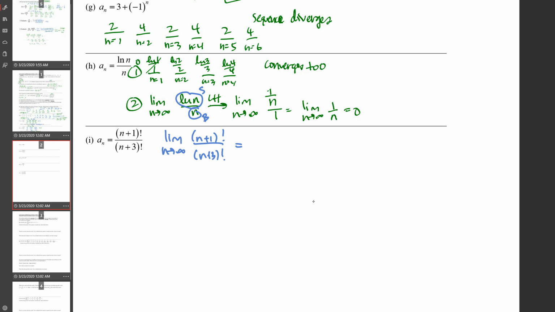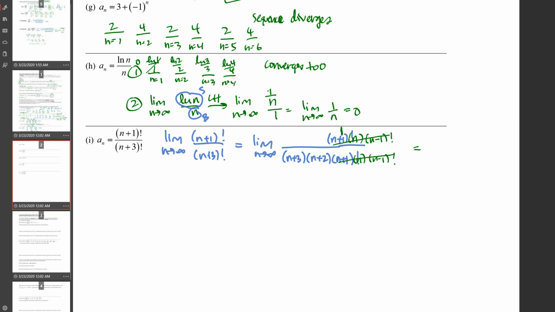So what I want to do is actually simplify here. Remember, I know that n plus 3 factorial is actually n plus 3 times n plus 2, subtract 1 from this, and what's going to happen is this is going to match up with the top here, n plus 1 factorial. If you wanted to write out more, you could see that the next term here would be n, the next term here would be n minus 1. You could write out more terms, but what happens is they always match up, and these are going to cancel